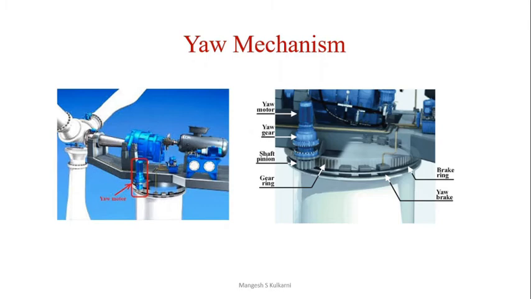The yaw motor has a small wheel that engages a huge wheel. The large wheel is called the yaw bearing. On some yaw bearings, the teeth point outwards, while on others they are turned inwards. It all depends on the position of the yaw motor. The yaw mechanism senses the wind direction with the help of the wind vane. This in turn uses electrical motors to turn the nacelle so that it always faces against the wind.